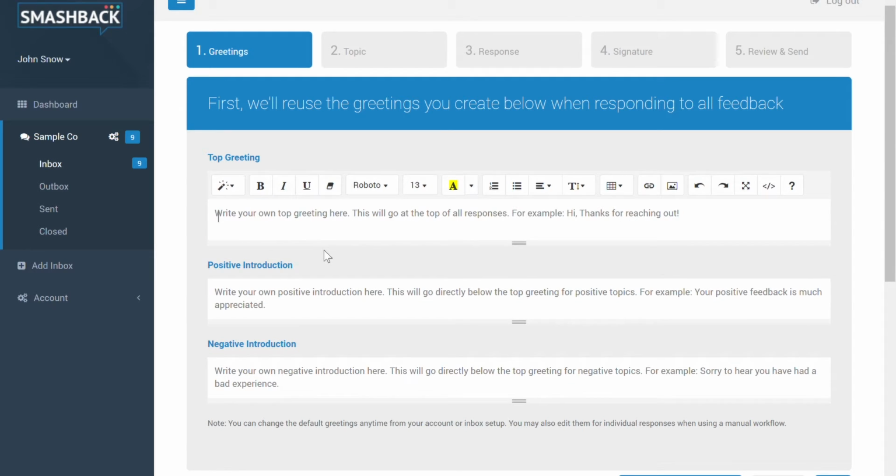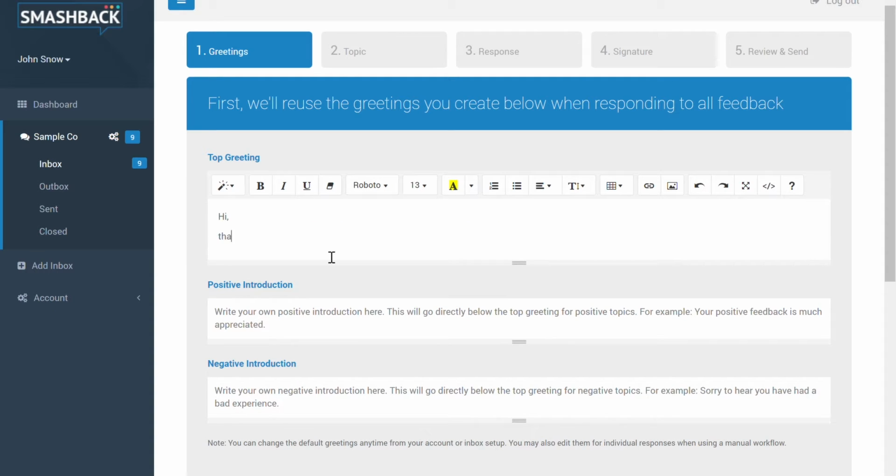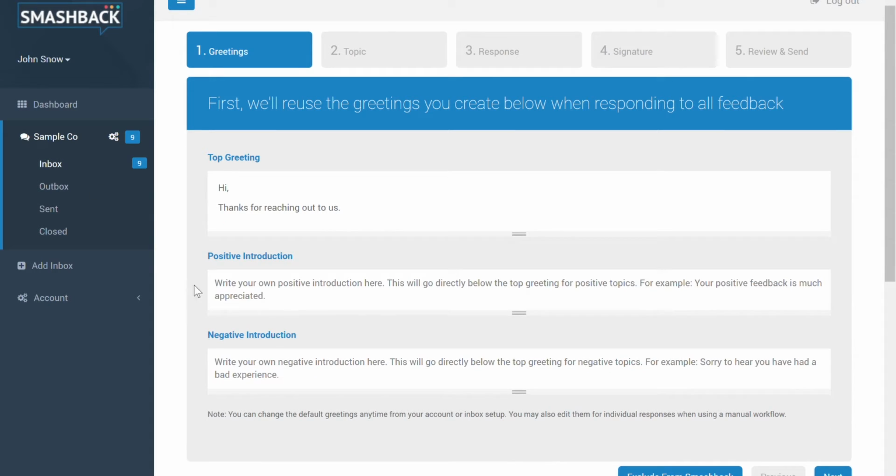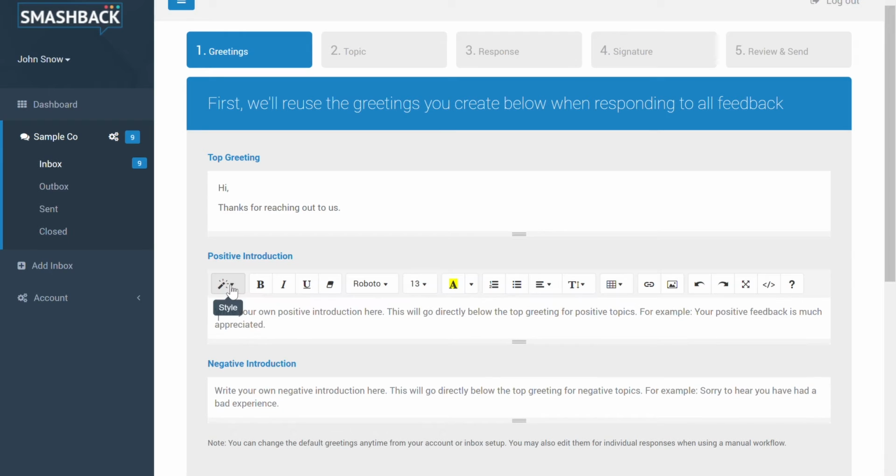So when a message is not classified, you are guided through the initial response workflow. Step 1 would be to create default greetings. If no greetings are defined for the inbox, then the first time you view a message, you'll be prompted to create them. After that, though, you'll no longer see this step in the workflow. These take HTML input so you can format them however you want and add hyperlinks and images, which I'll show you at the end. And remember, you can edit these at any time from your inbox through the inbox greetings